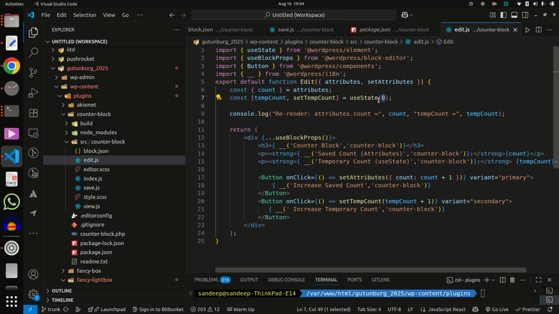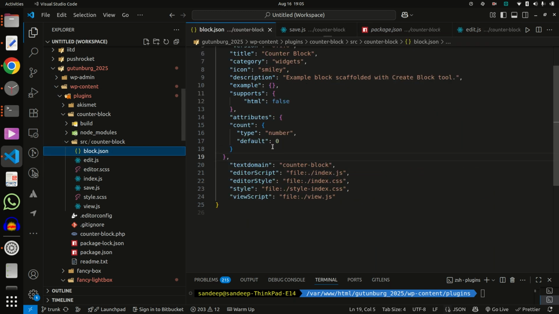So when we want to increase it, we use setTemporaryCount. For increase temporary count, on click we use setTemporaryCount plus 1, and for the attribute, the count attribute, at increase save count we use simple setAttributes, with count as count plus 1, and we define this count as an attribute.